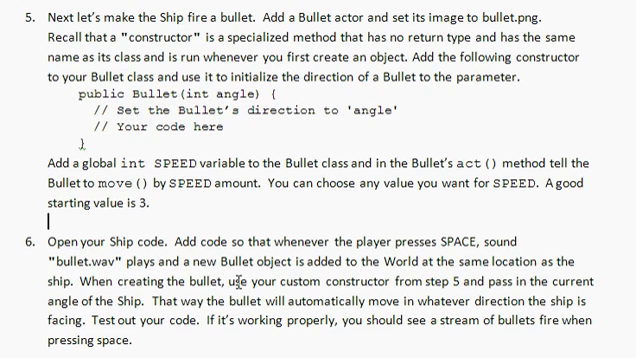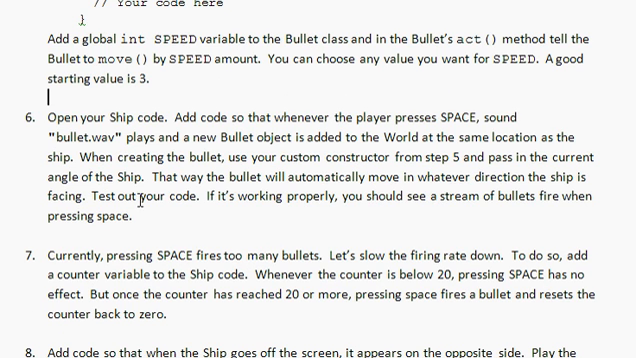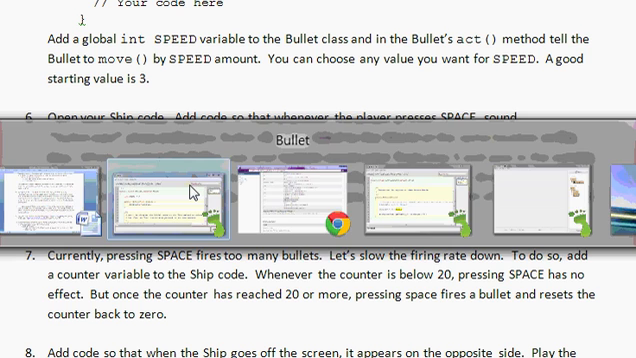All right, next up, for step 6, let's go back to the ship code. It says add code so that whenever the person presses space, the sound bullet.wave plays, and a new bullet object is added to the world with the same location as the ship. So let's do this one at a time. First of all, let's add code that when you press space, the bullet.wave sound is played. So in our ship code,